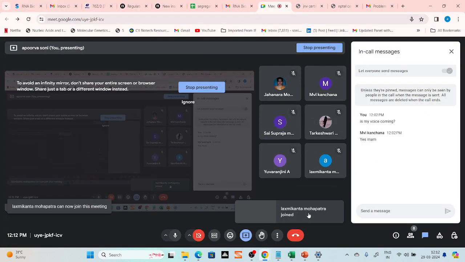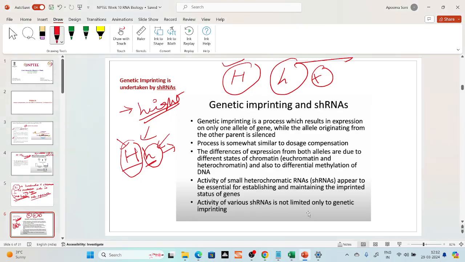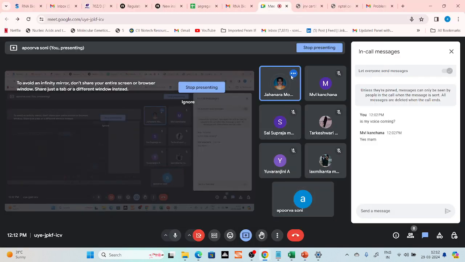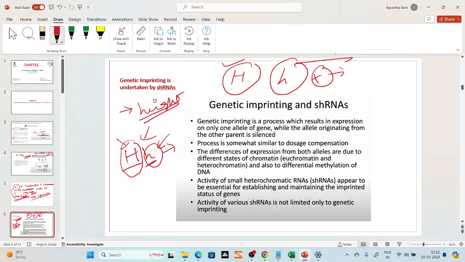Tell me, anybody, if I say that this small h is not getting expressed, then what should be the methylation status of this allele? Methylated or demethylated? Methylated. Yes,